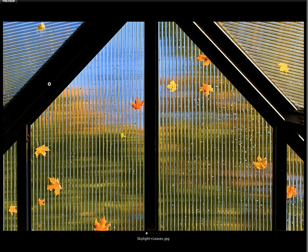Even though Sam has shot this at f11 and we're shooting sort of flat into the skylight and the leaves are sitting flat on there, because you have the structure of the skylight and the way the light is hitting it, which is creating a lot of dimension, and then you have the water droplets, then you've got the pattern of the leaves, the way they've fallen, and the way Sam has framed this relative to the leaves, then you have this whole other level of information, the trees in this direct light,